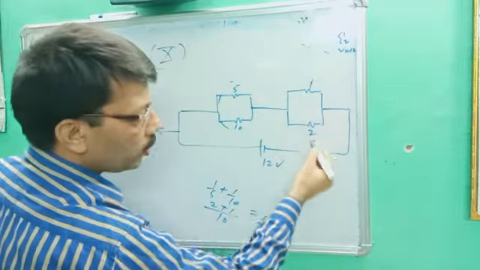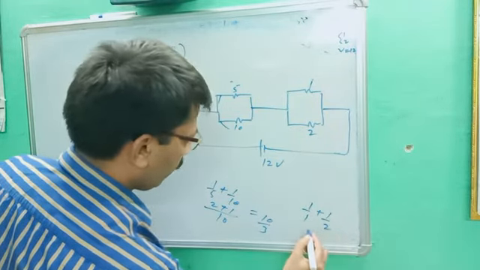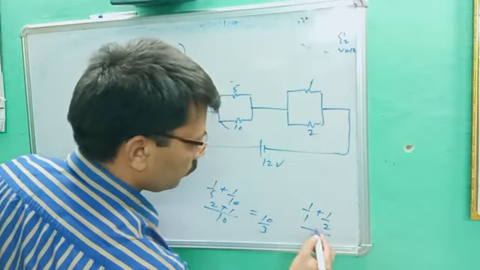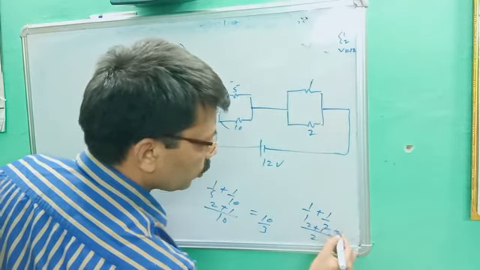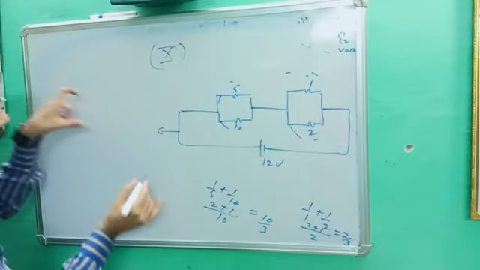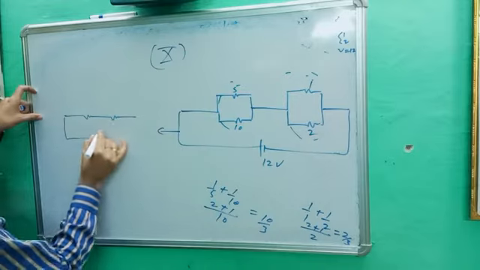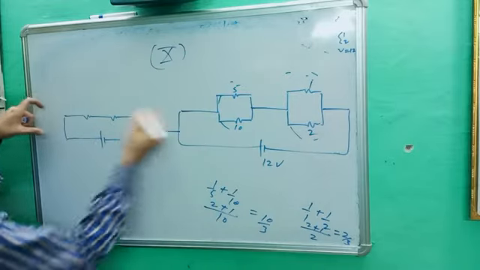1 and 2 are in parallel. What do we get here? 1 upon 1 plus 1 upon 2. We will get 2 plus 1, so it becomes 2 by 3. That's its answer by combination of resistance. So we are getting an easier diagram here. See there, a very easy diagram. Now by that we can solve it.